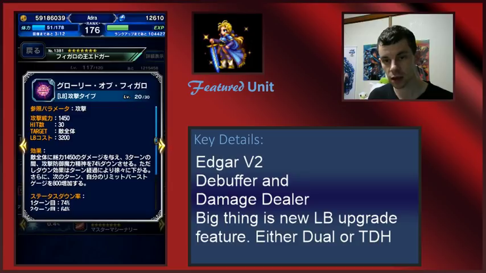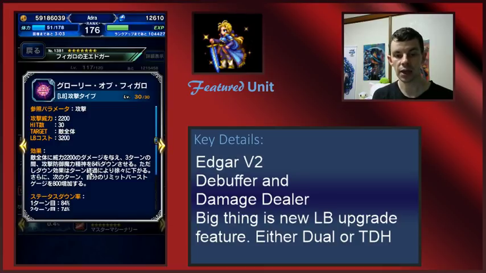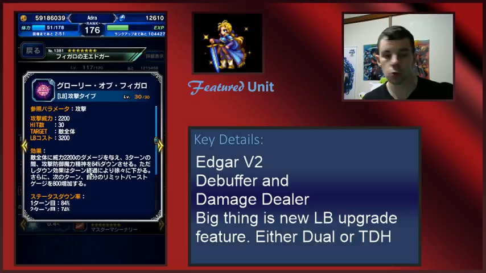Now, his upgraded limit burst, maxed out, is a AoE 3,300% 30 hit physical attack with a 2-turn debuff for maxed out 84% wall stats. Very strong debuff. Definitely one of the strongest debuffs in the game. Now, if you haven't activated the ability, it's basically a 2,200% 30 hit attack that debuffs for a maxed out